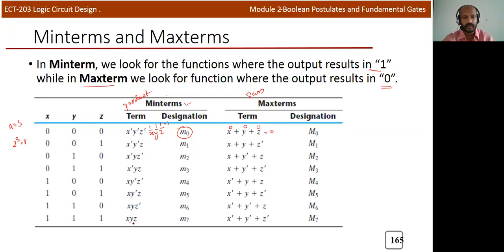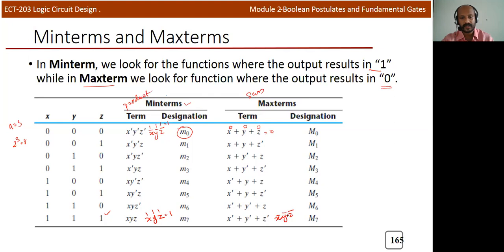Make sure that you are comfortable with min terms and max terms before going to the POS expression. If you are comfortable with the min term and max term representation, you will be comfortable with this. For example, we can also discuss the last case, when all the values are 1, x, y, z equal to 1. In product term we write x, y, z, which will give you the output 1. But in max terms or sum terms, it becomes x bar, y bar, z bar.